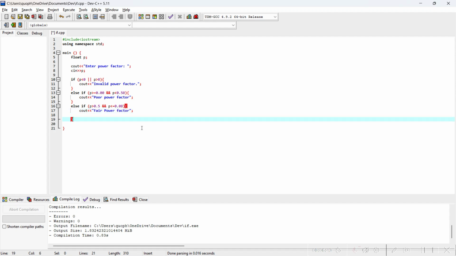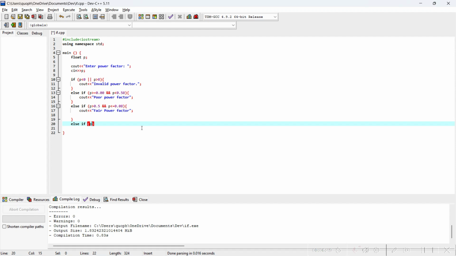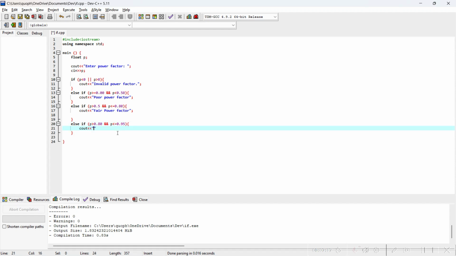We end, and then else if our P, which is the power factor, is greater than 0.80, and P is less than or equal to 0.95, we cout display on the screen good power factor. We end, and then